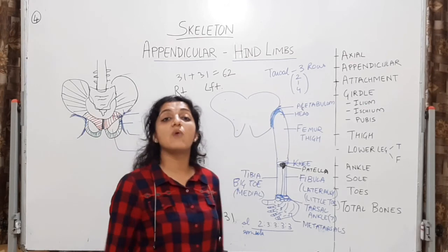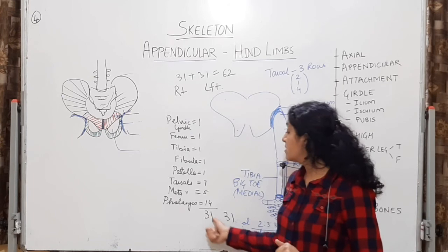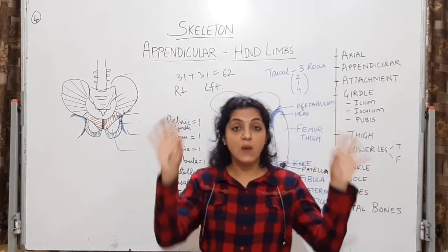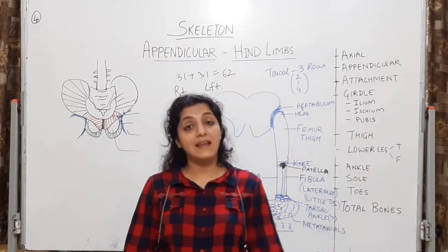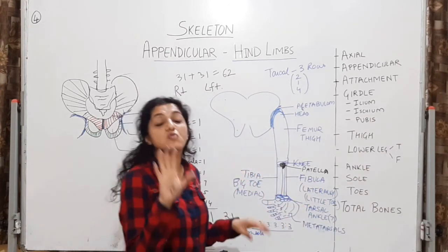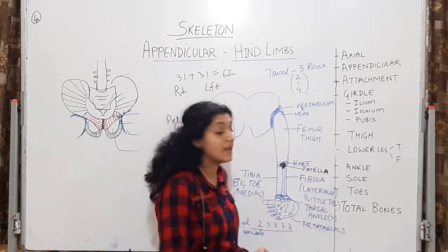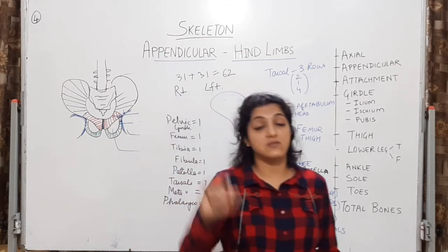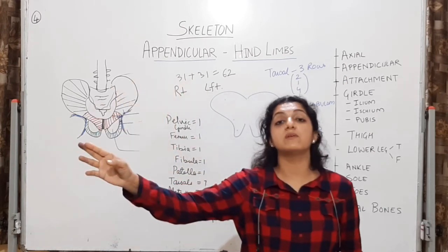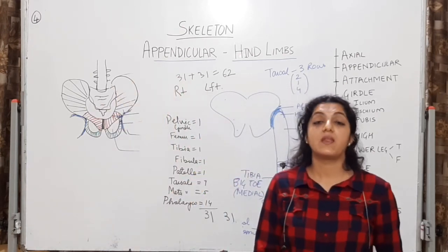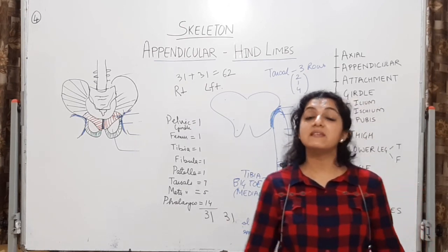Okay, so अगर MCQ आया that what are the total number of phalanges in the human body, you will have to consider 14, that is 28 of the upper, that is of the hand, and 28 of your legs, of your foot, that is of the toes. So it will be 28 into 2. That will be your calculation of the number of phalanges. करके देखो, number of phalanges 14, 14, 28. And वापस नीचे 14, 14. So it will be 28 plus 28 or 28 into 2. Alright, I hope this part is clear with you. Next part, we will be seeing the joints.